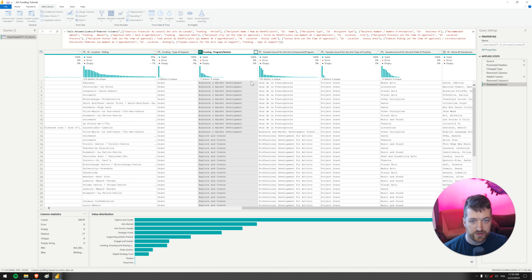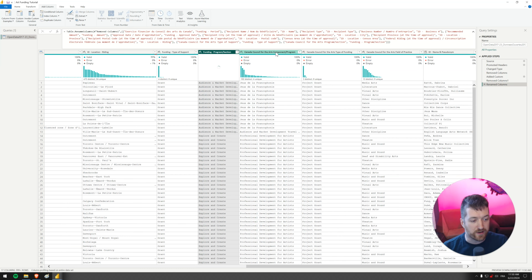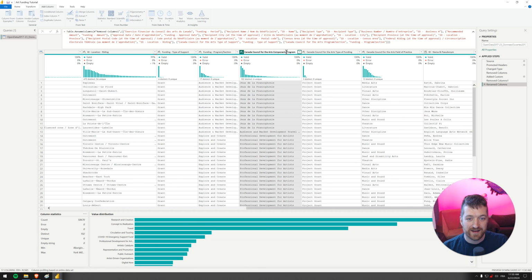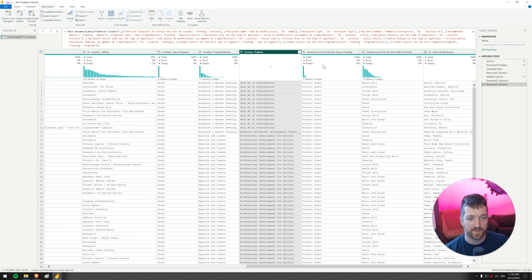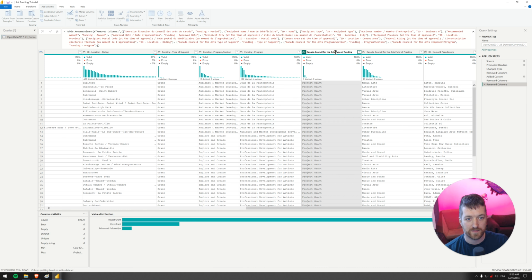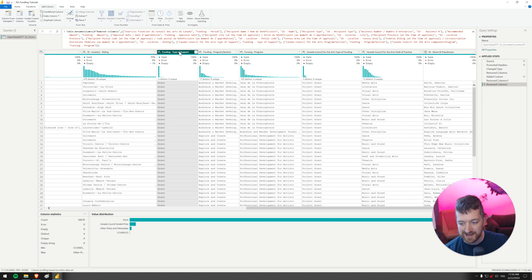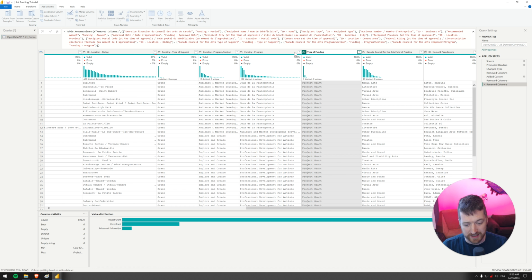Here's a pro tip. You do not need to write Canada Council for the Arts in front of every column. It's pretty useless. And, you know, there's probably, it's a bit confusing, right? Like, what's the difference between type of funding and types of support? You'd have to kind of dig into the data, but